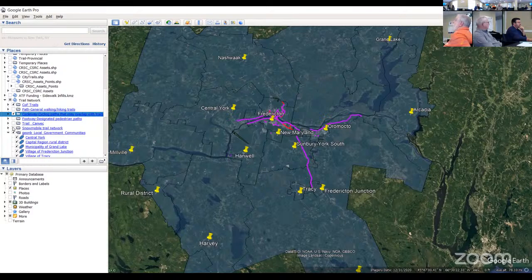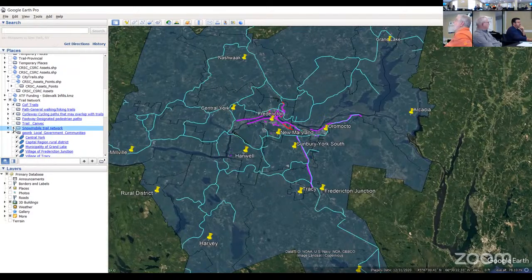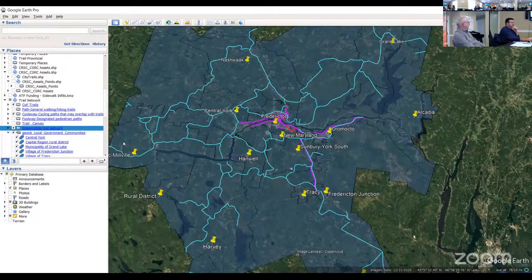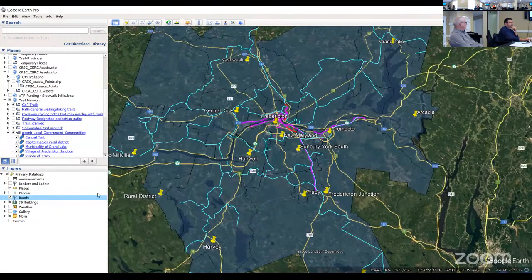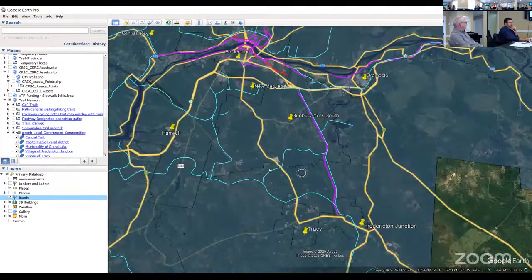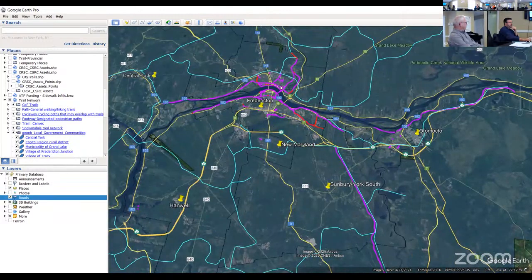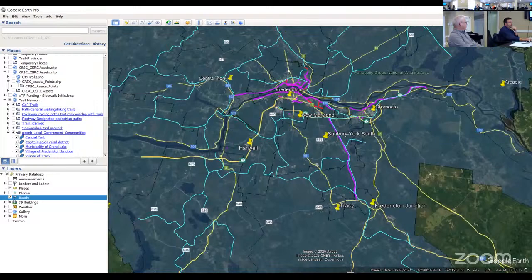Now, if we look at the snowmobile or the provincial path, this is how the network would look. If you'd like to enable the roads, you can see clearly where the intersections are with the main routes or Trans-Canada Highway, and so forth.